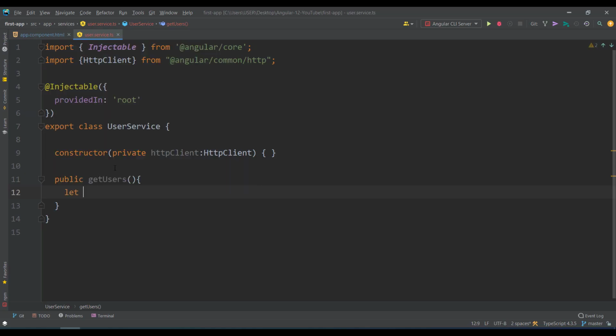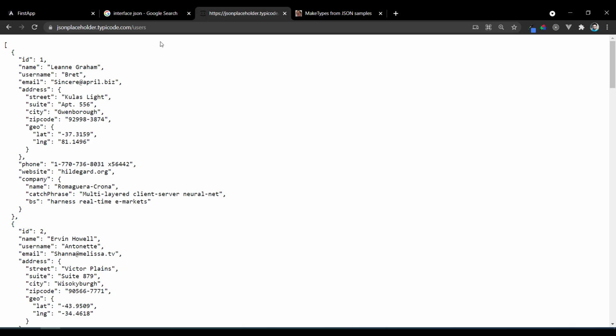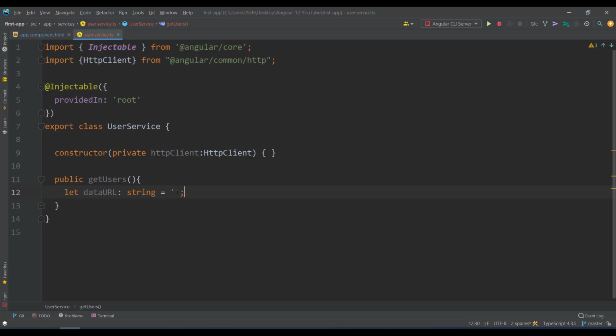Let's say let dataURL of type string is equal to, let's paste it. From which server URL are you going to fetch data? This is the URL. It's a public URL. I'll tell you how to fetch data from private URLs also. So dataURL, and then what you have to do is